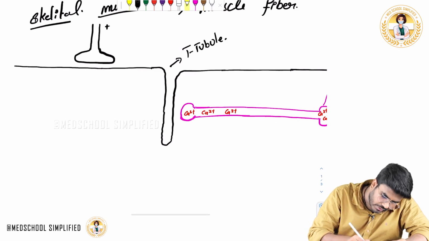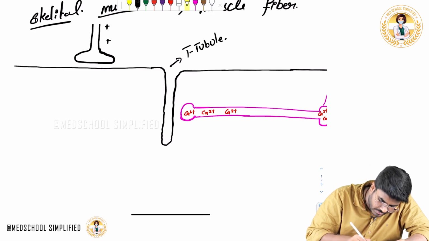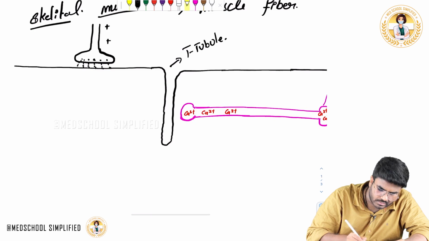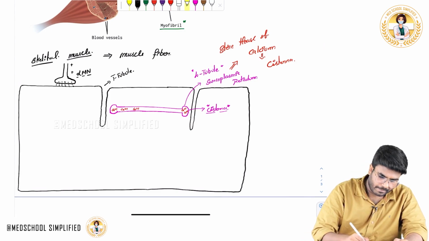See, now what will it do? It is coming, it is getting depolarized. It will give the neurotransmitter. The neurotransmitters will be released here. We will discuss about that. So this is the alpha motor neuron here. I am discussing about the alpha motor neuron. Now,